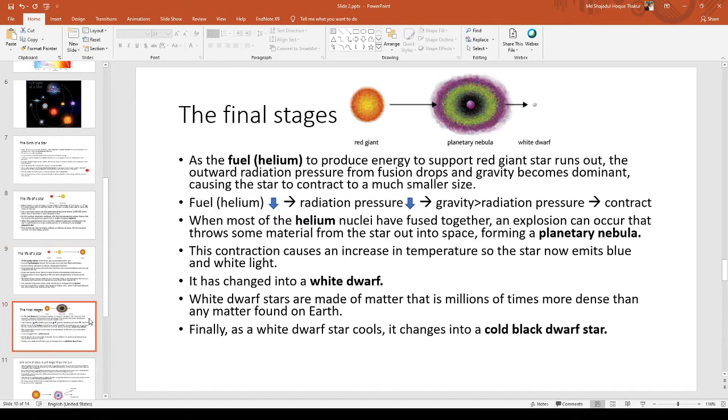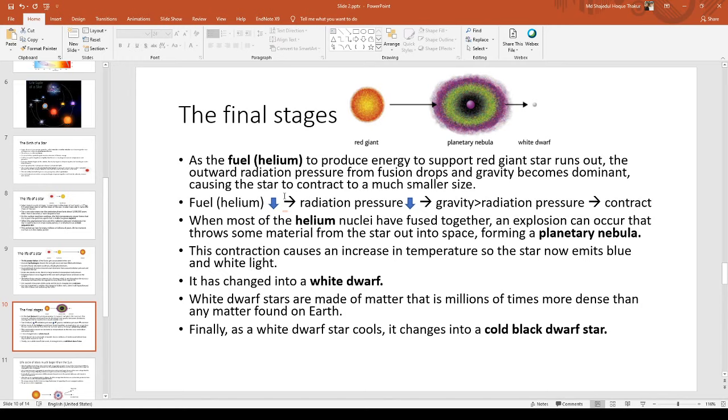However, in the red giant, it doesn't contract that much. The mass is not enough to cause the next stage of fusion, that is, after hydrogen fusion, helium fusion. Now helium mainly produces lithium by fusion, right? So when helium actually produces lithium by fusion,